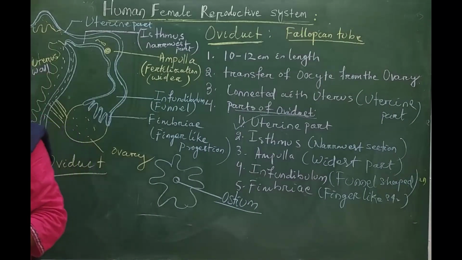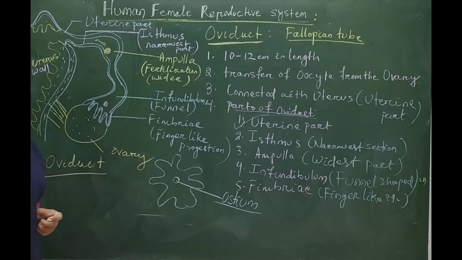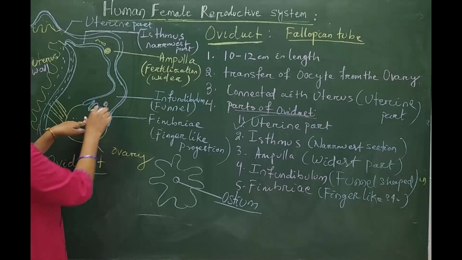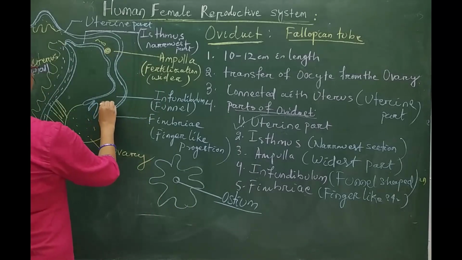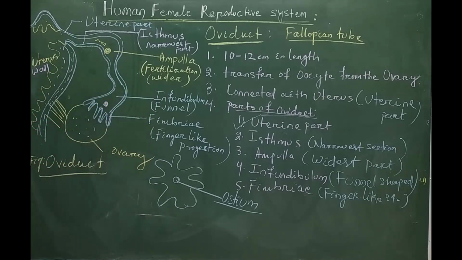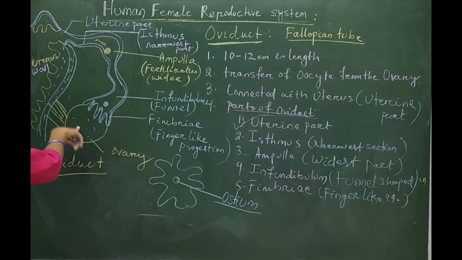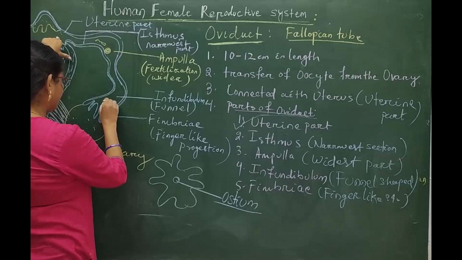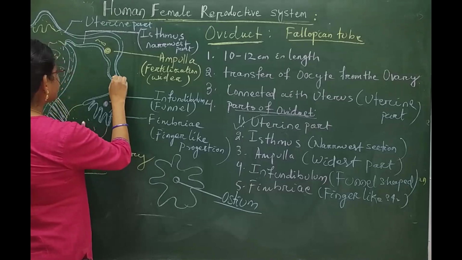This opening part of the oviduct at the fimbriae is called ostium, and this ostium is ready to receive the ovum. After the release of the ovum from the ovary, it receives the ovum with the help of the ostium present at the fimbriae region of the oviduct. That is, the tube is able to communicate the ovary with that of the uterus. That means the oocyte or the egg comes by this